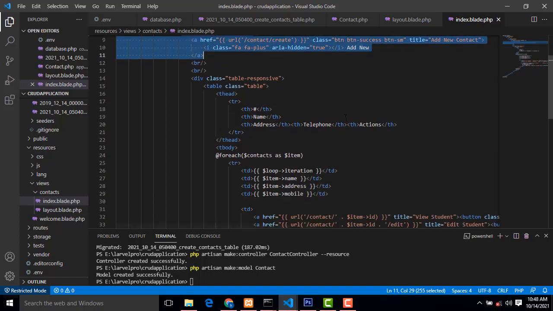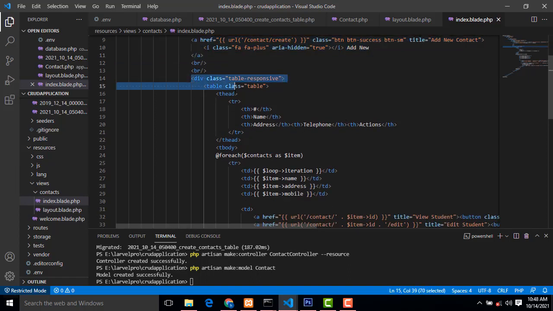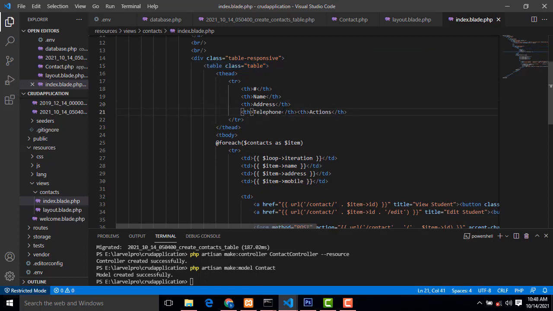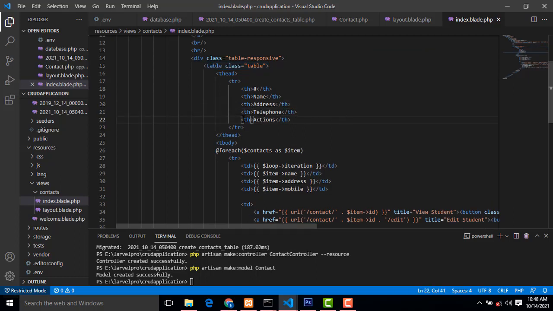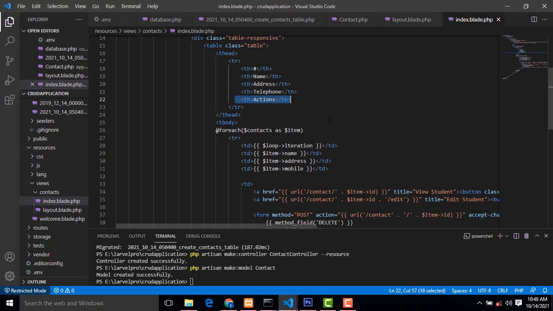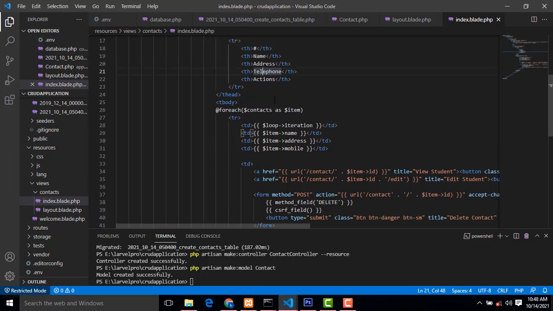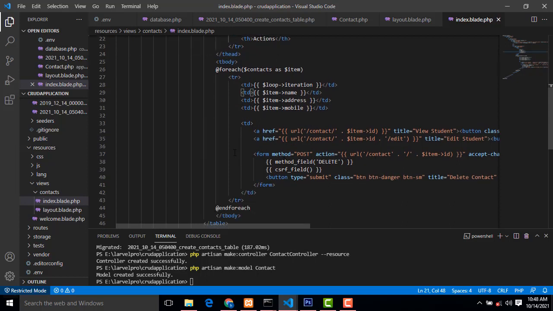Here I have created a simple table, with table-responsive and the table keyword. It has the following columns: name, address, telephone number, and action. Action means edit and delete, the CRUD operations. There is a loop, so when you add a record, all the records will be available in the table.